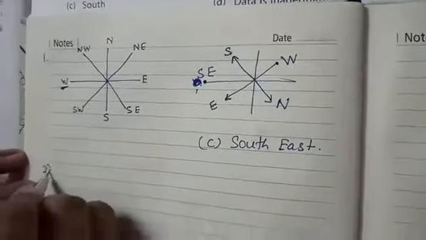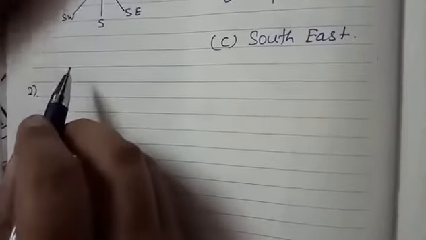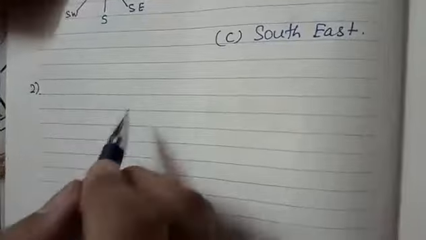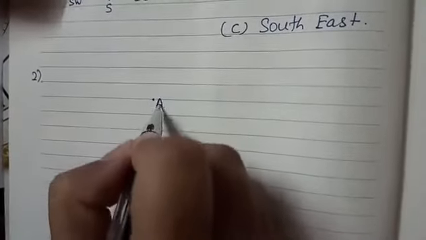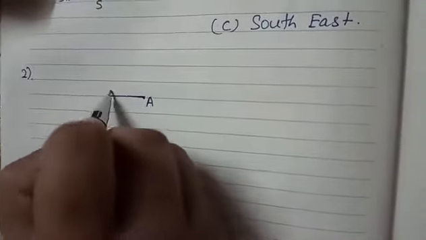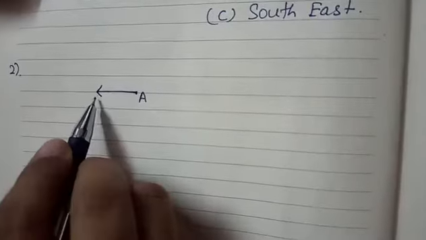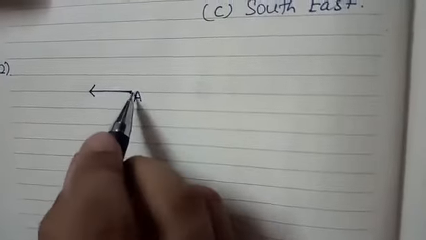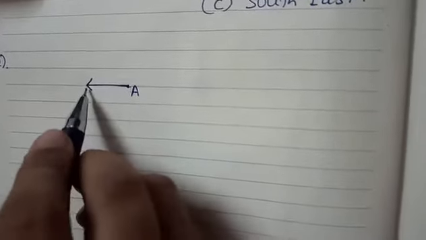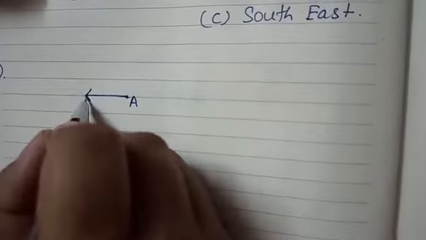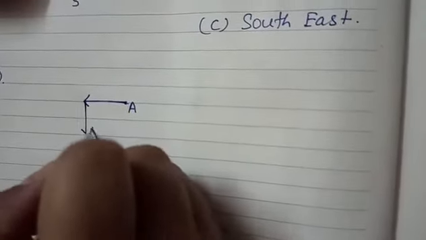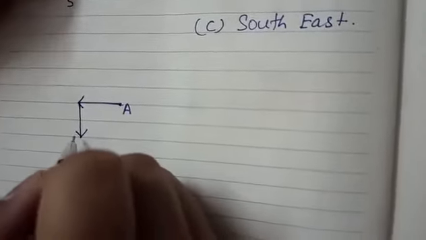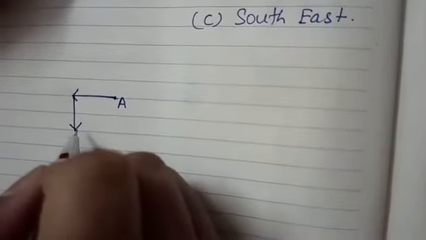So this is the second problem. A girl is going directly towards west. That means suppose this is the starting point A. The girl is going towards west. So normally this is the west direction. Then she turned left. So when you are facing this way, she moves left. So this will be her left. She turned left and again turned in 90 degree clockwise direction.